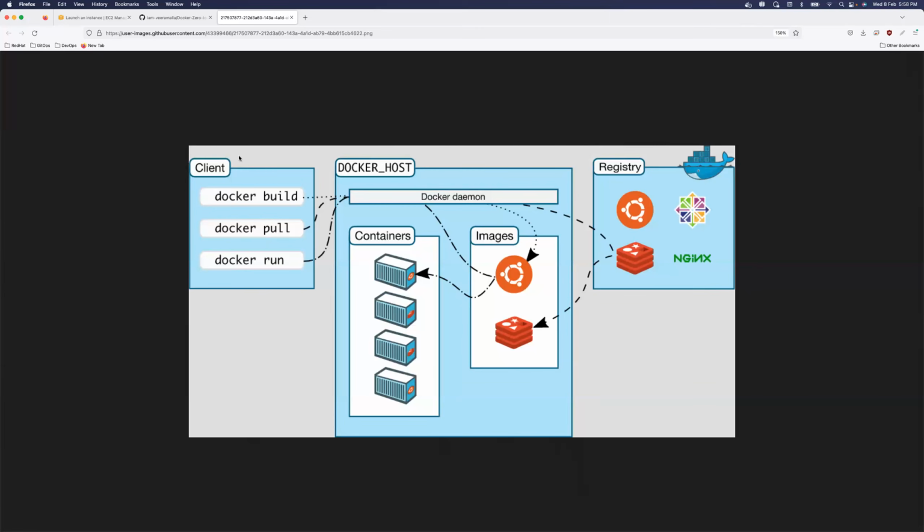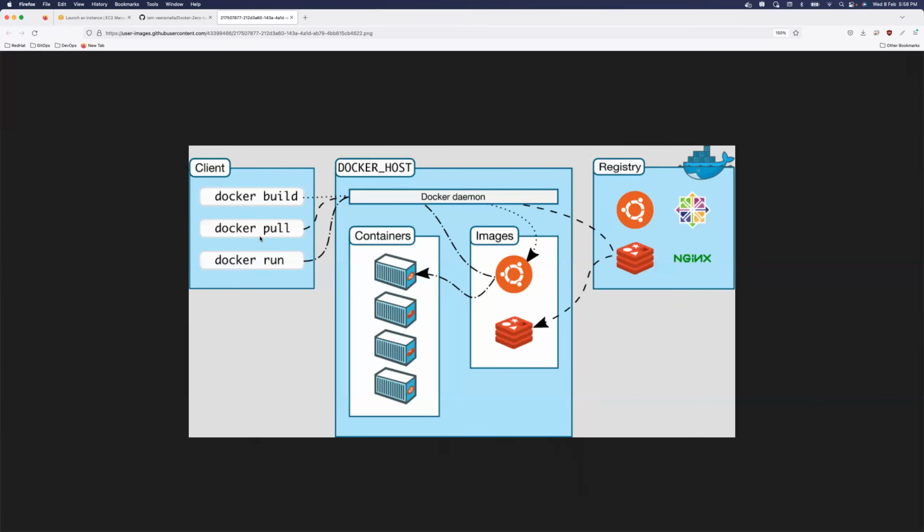Don't worry about what these Docker commands are doing. The primary purpose of showing you this picture is for you to understand the architecture, where there is a client, the Docker CLI. As a user, you use this Docker CLI to execute Docker commands which are received by the Docker daemon, and the Docker daemon ensures to create your requirement. If you ask for Docker build, then the Docker daemon will build a Docker image for you.